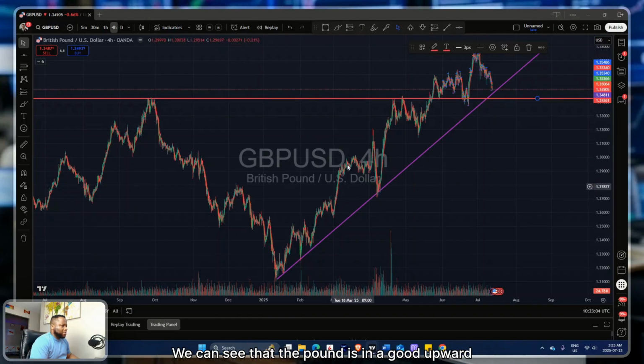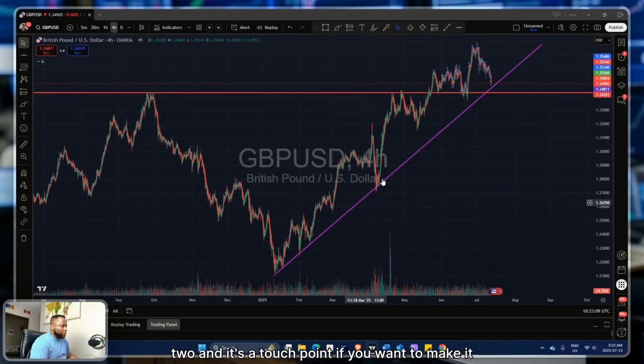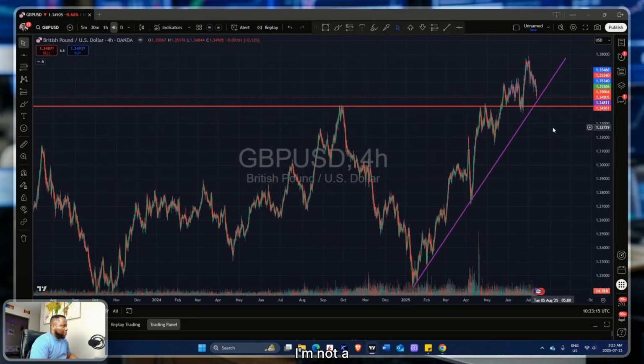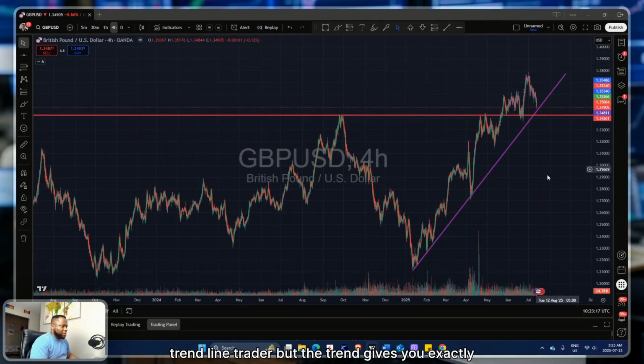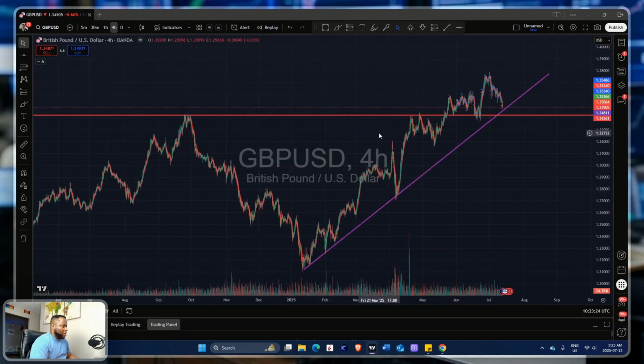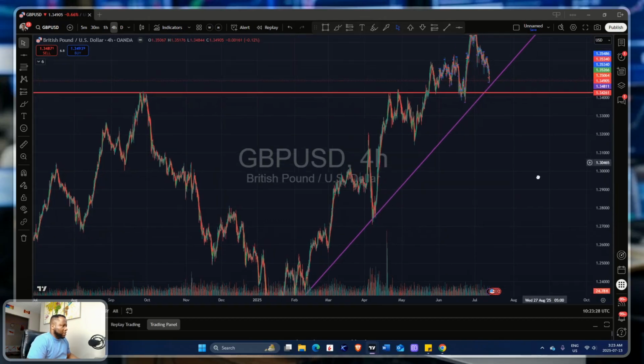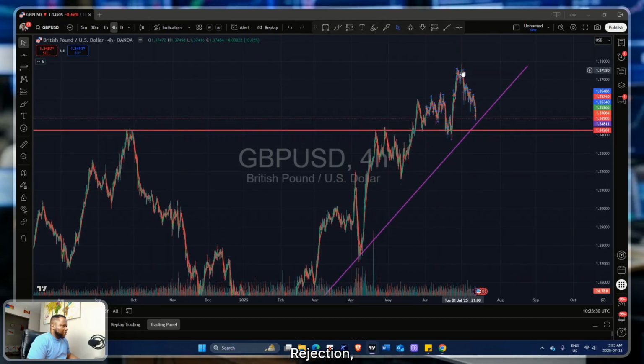We can see that the pound is in a good upward trend line. We have one, two, and this is a touch point. If you want to make it really slanty, I'm not a trend line trader, but the trend gives you exactly what you can expect from the pair, give or take. So we're in an uptrend, but we came up from a hard rejection here at